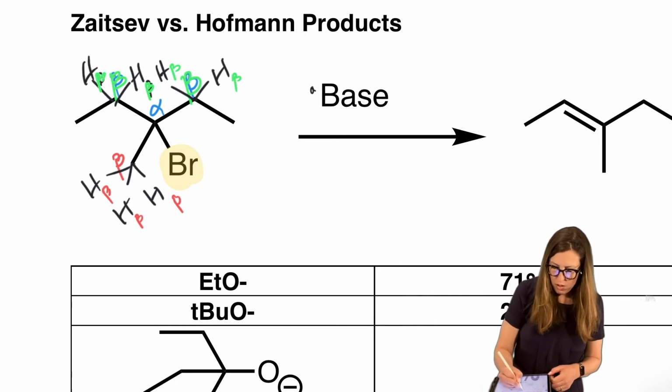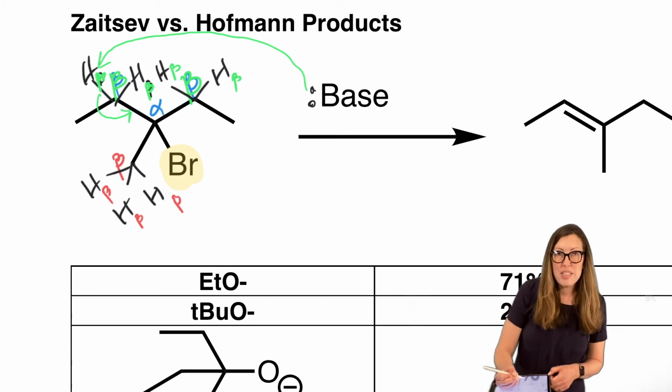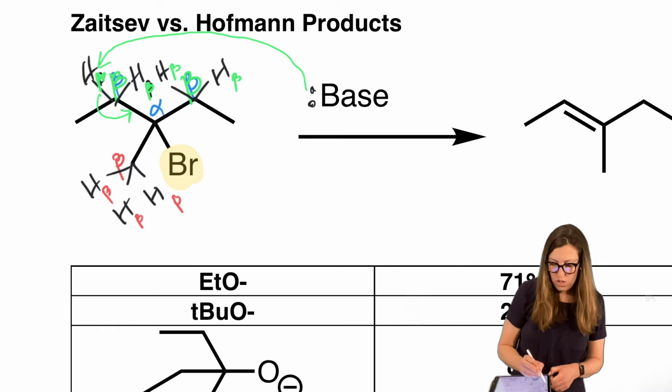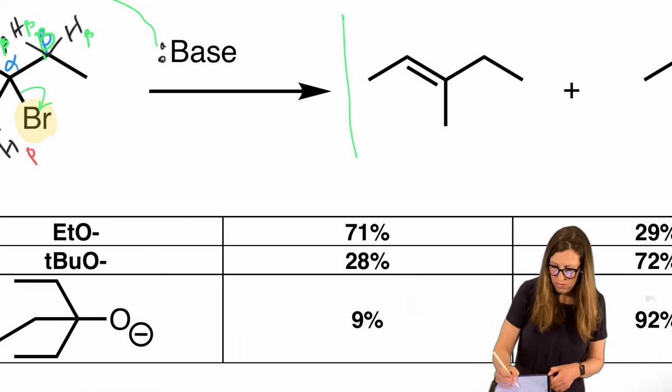Let's put our lone pair on. And here it comes. Let's take off that one. Leave electrons there between those alphas and betas. So that's how you know where the arrow needs to go. Once you decide I'm going to try taking off this beta H to see what happens, those electrons have to get shared between the beta carbon and wherever the alpha is, which is here. That allows this leaving group to be ejected. Kick out the leaving group. So notice that matches this product. The pi bond's here, right? That's our alpha beta carbon right there. So let's box that in with green. That's our green path.